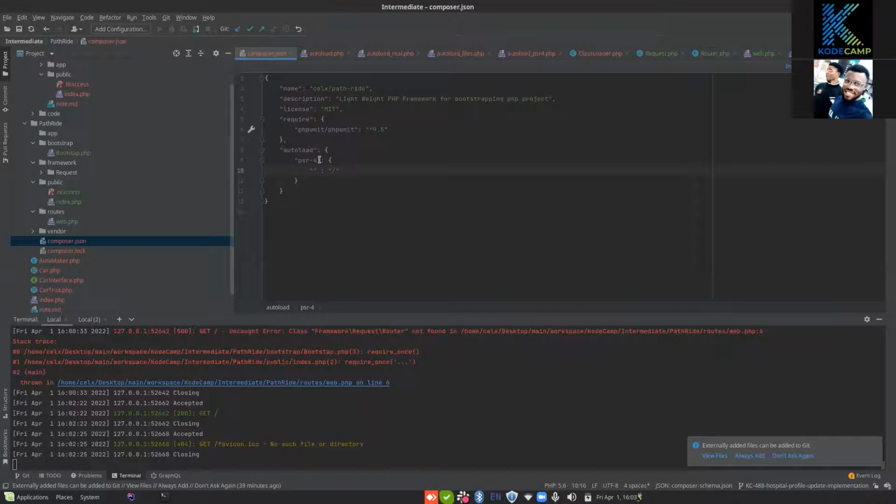So PSR-4 and then we have this, and then we do have our bootstrap, which is just calling your autoload and whatever that is. And then the next is this qualifies this and this and